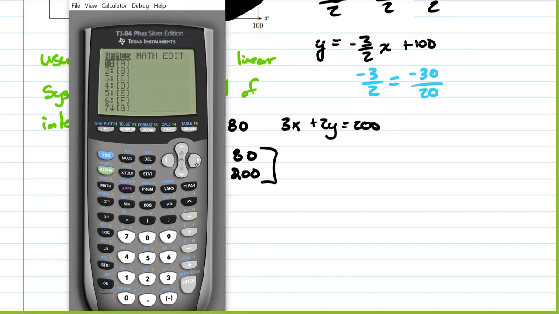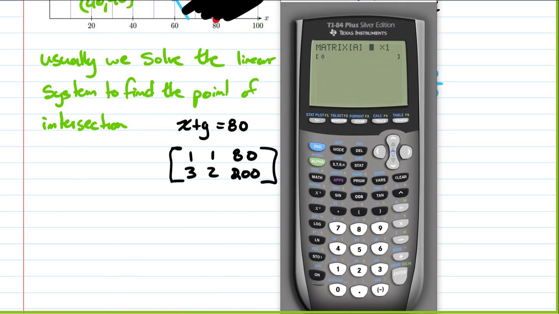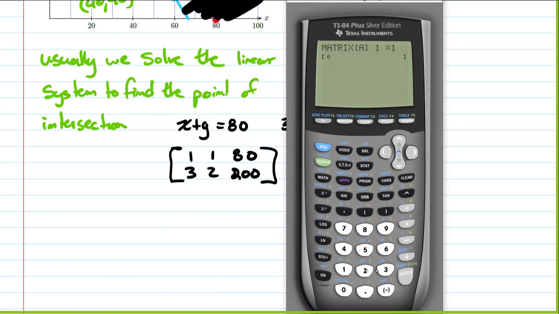So second matrix, we go over to edit, and we have a 2 by 3 matrix, so 1, 1, and 80, and 3, 2, and 200. There we go. Second quit, second matrix. Over to math, and we choose RREF on matrix A,